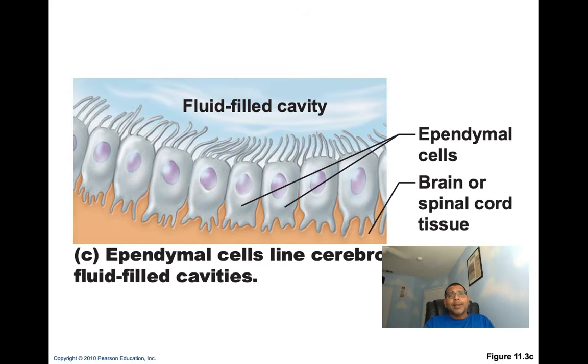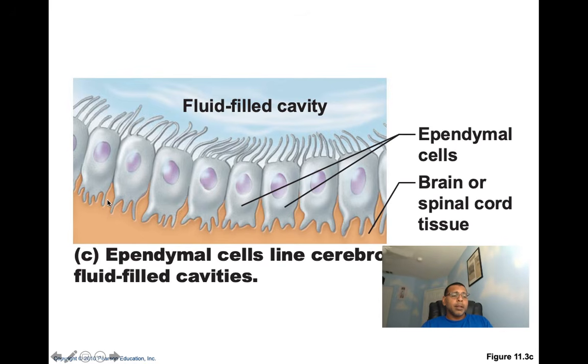When we talk lining the central cavities, we're talking about the ventricles. They line the ventricles of the brain and the spinal cord, where they form a permeable barrier between cerebral spinal fluid that's going to fill those cavities, as we see here on one side, and